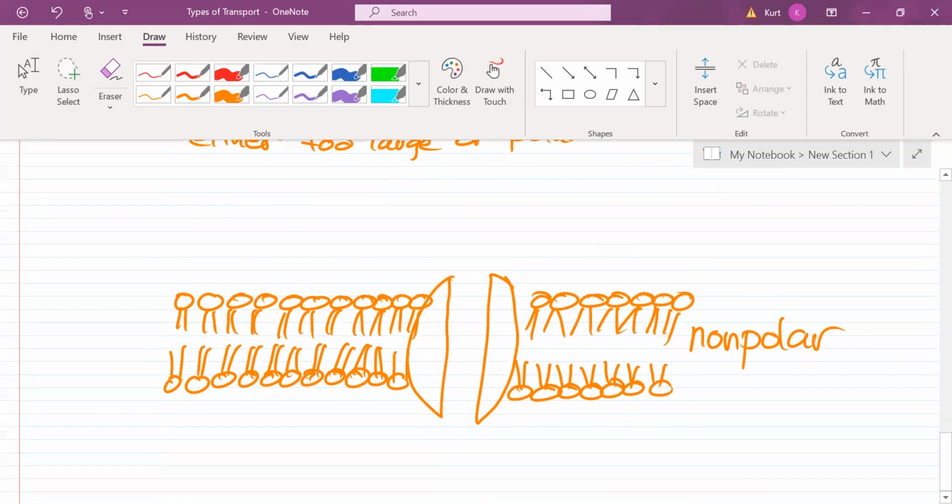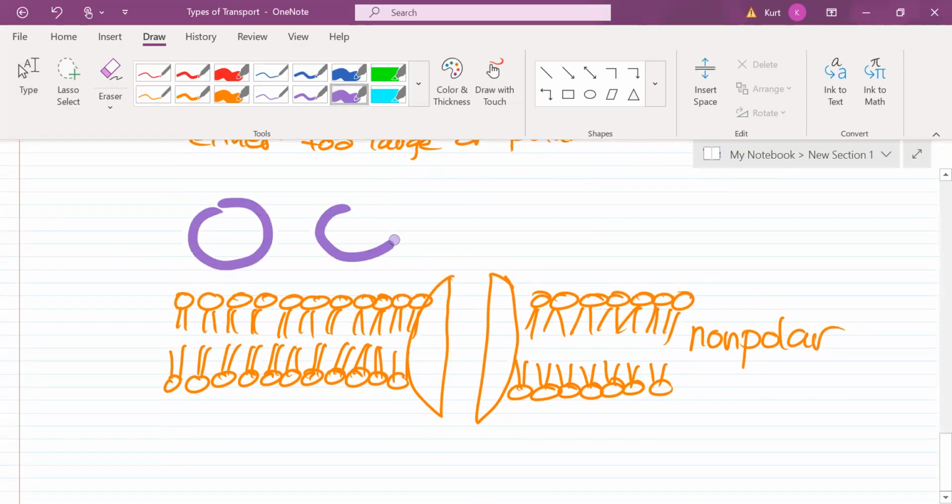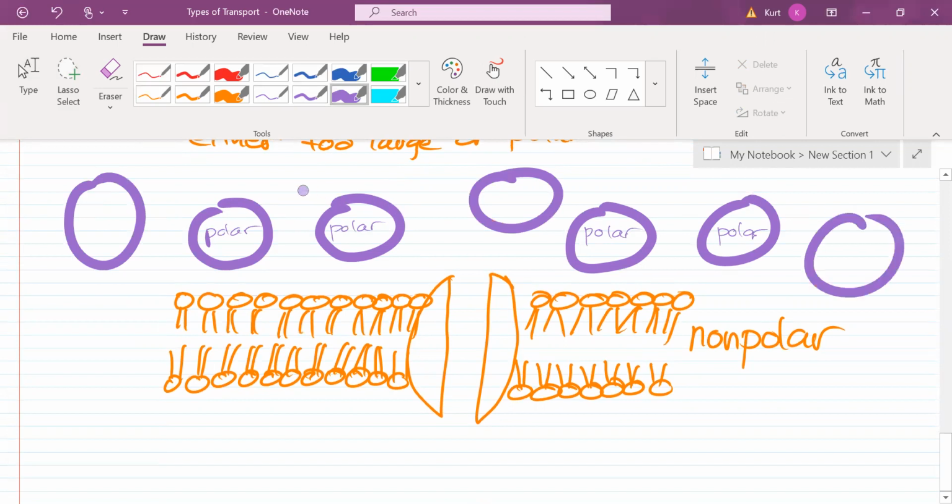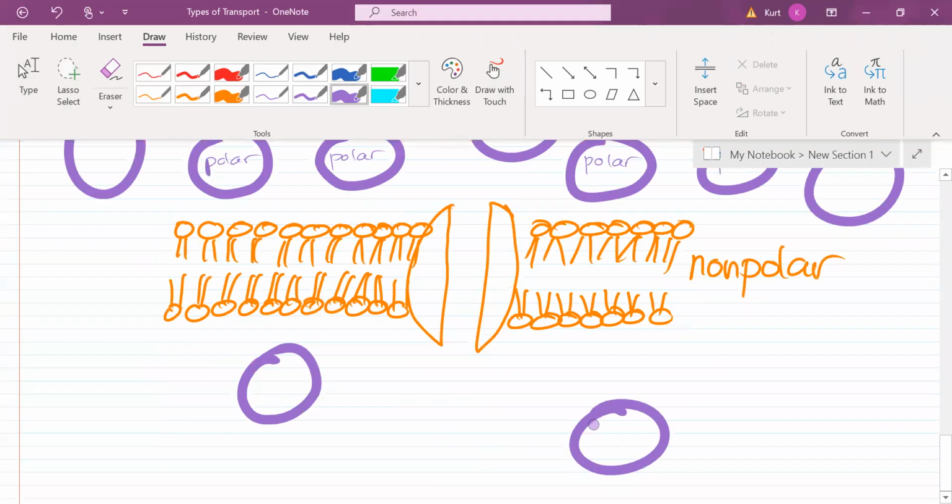However, you have this protein pump. So let's say I had these big old molecules. Doesn't matter what they are, but here's what you need to know. They're polar. Polar, polar, polar, and polar. Well, there's a bunch of them over here. I'm going to draw a few more. Just draw them all over the place. And over on this side, there's hardly any. We'll just go in and write all this out just for the sake of it so no one gets confused. Polar,